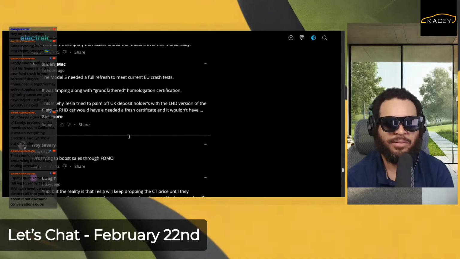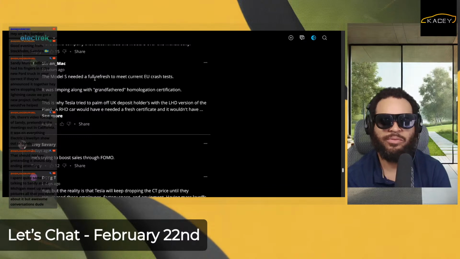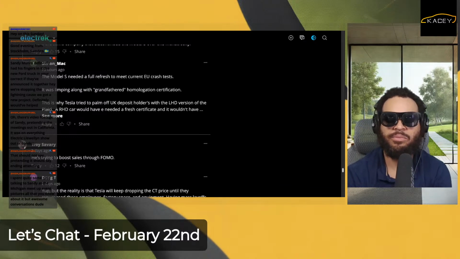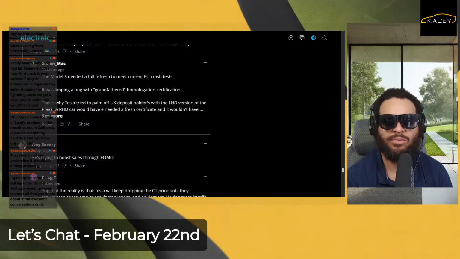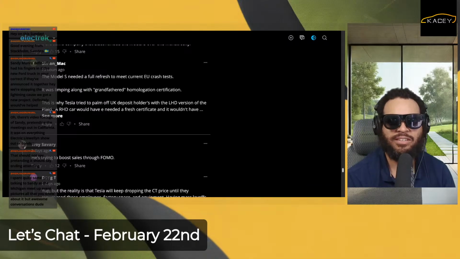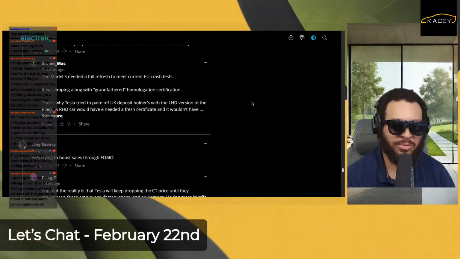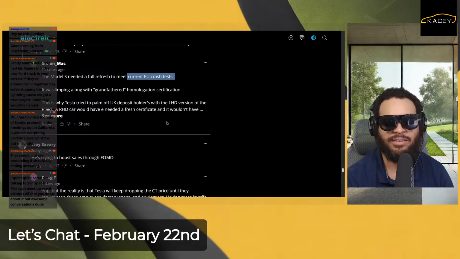The same company discontinued this. Model S needed a full refresh to meet current EU crash tests, and I figured that, if that part is true, that's what would make it get canceled, if they had to redo it significantly. Then it was done. Doing stuff like changing the frame out to Giga casting, I could see them doing that for both savings and consistency, but it's been the same shape since it came out. Seeing them completely redo it was unlikely at the sales numbers they were rocking. And so if it needed that to meet crash tests, then yeah, done.